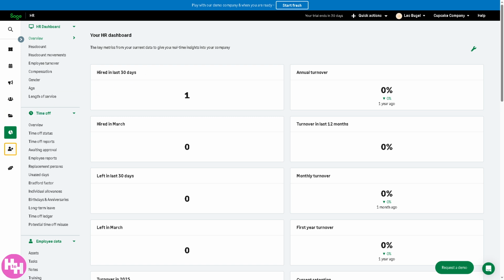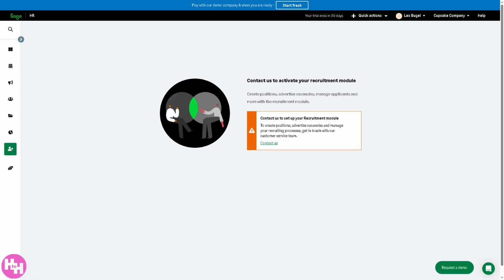Now, if you go to the recruitment side, you can manage the hiring process here. But the thing is, you need to contact and activate your recruitment model, all right, before you can do that. But here, you can track applicants, post job openings, collaborate with hiring managers. So basically, it's a mini applicant tracking system or ATS built into Sage HR. Now, the last is going to be